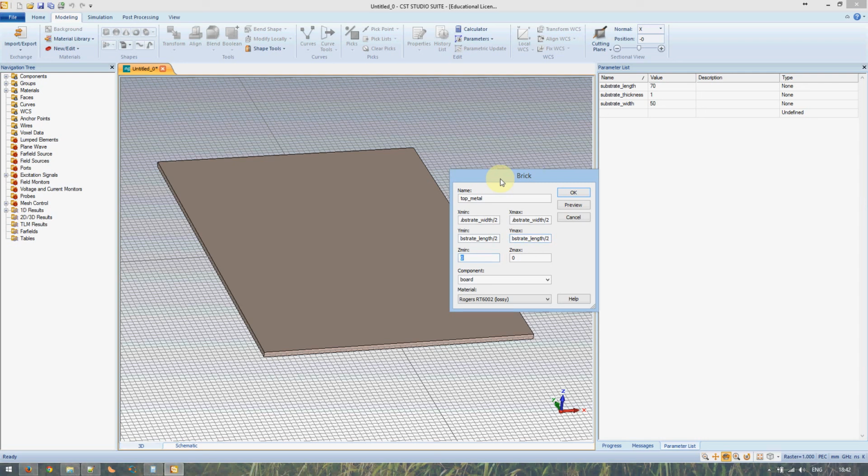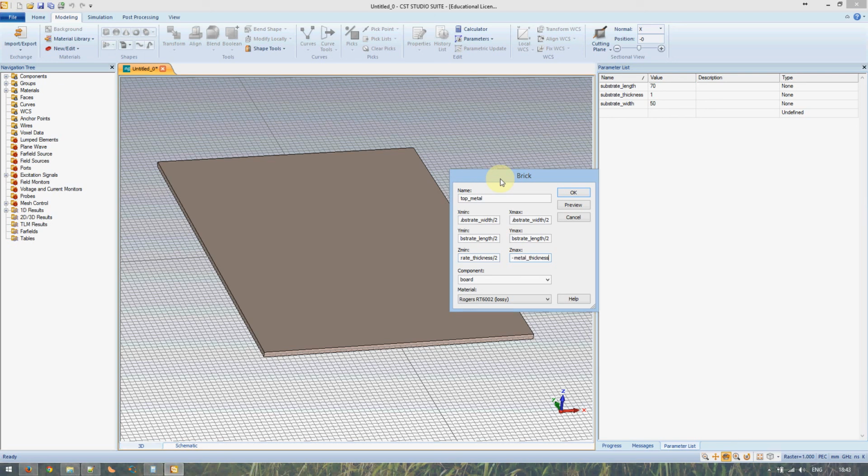And for the Z, the bottom of the metal should coincide with the top of the board, so substrate thickness over 2. For the height, do substrate thickness over 2 plus metal